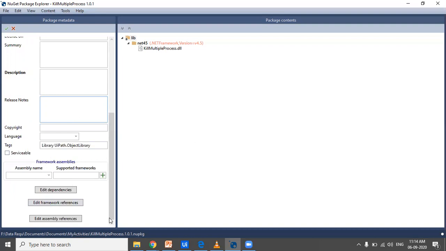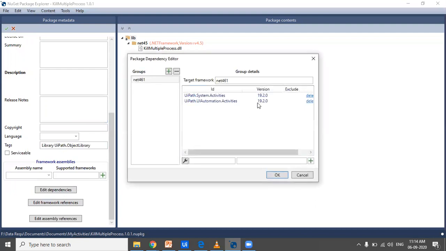That's all. Once you have done all this, then you have to click on edit dependencies, and you can remove any unwanted dependency that you've added and click on OK. Suppose you have added mail.activities and excel.activities dependency and it is not required in the workflow, kindly remove it from here, or while you are publishing it, remove it from the dependency and click on OK.